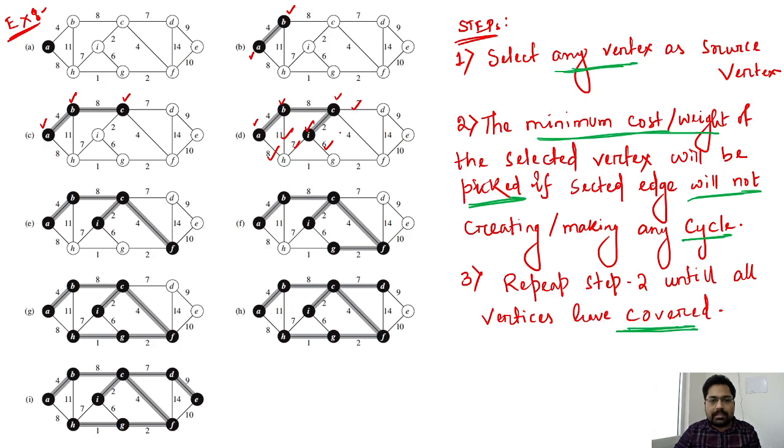Here 6 could be selected, or 4, and this one also could be there. So 4, 6, 7, 11 and 7. Out of this, 4 will be the smallest. Now 4 has to be picked next. Yes, here in E it is there. So we have now visited